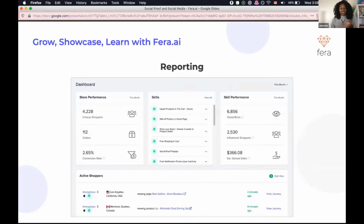And then the last thing is reporting. We have a really simple, at least I think it's simple, reporting dashboard. So you can see how Fera has helped, what your conversion rate is, and all the shoppers that have been influenced by the social proof. So that's